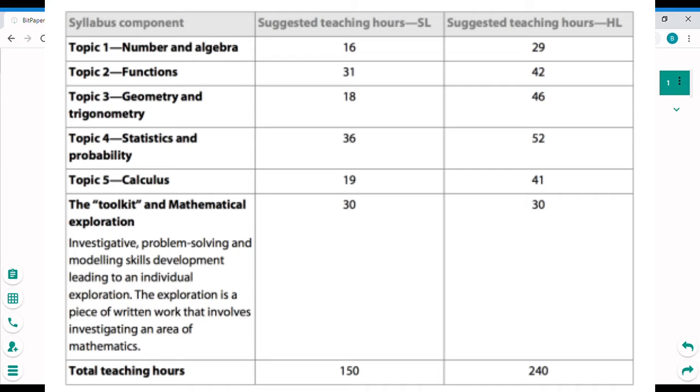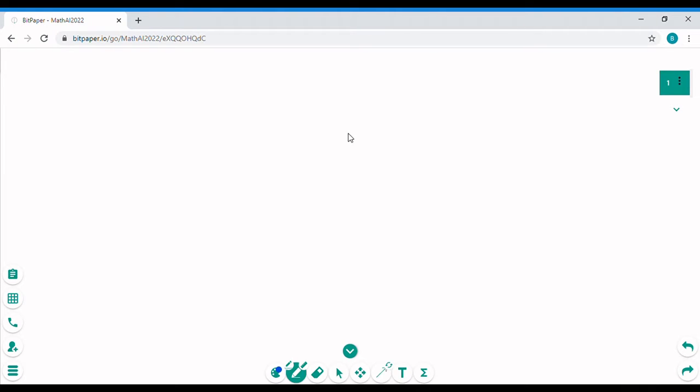This first chapter is fairly simple. We're going to talk about significant figures and approximations, rounding, and things like that. So,